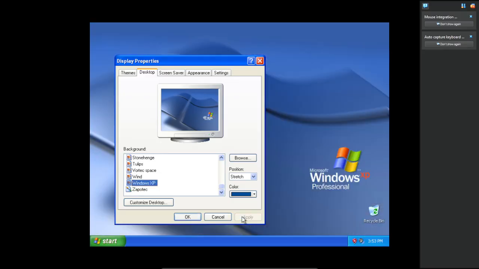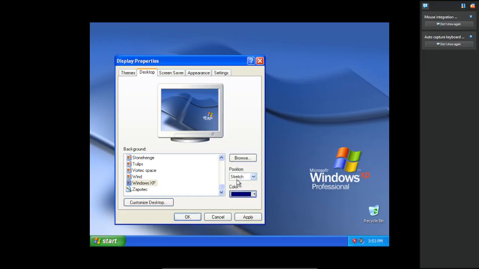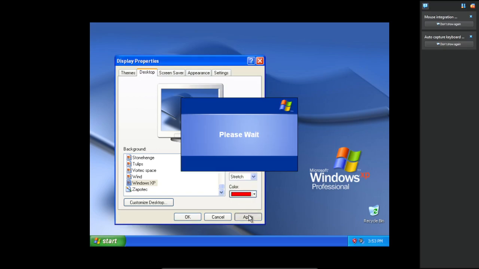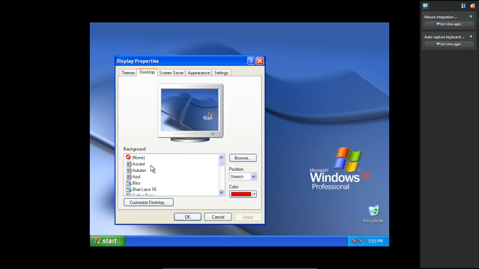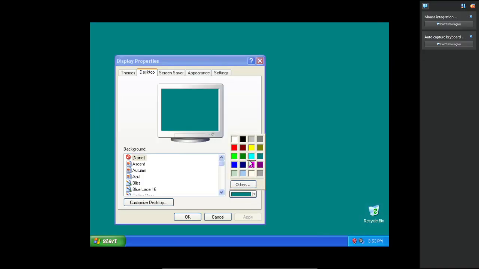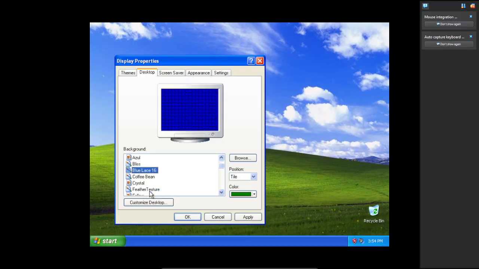Windows XP. Yes. No, make the... What color is it? Make that red. It didn't do anything. No, make it none. And then make it the classic. Well, that's more green, but you get what I mean. That is not the colors that I clicked, but alright. Now my desktop is green. No, make it,